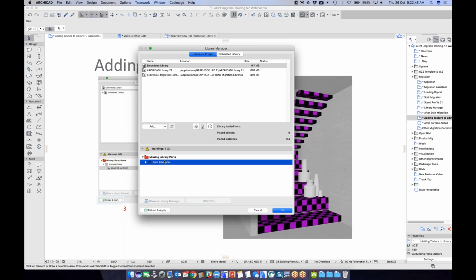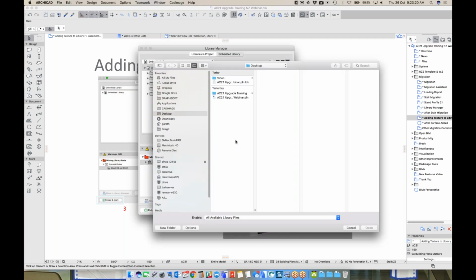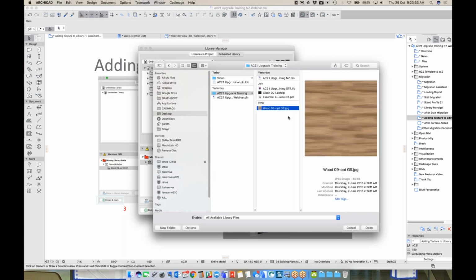Because the surface is a one-off thing, it's only used in this project, we would embed that into our file. So at the top, where it says Libraries and Project and the Embedded Library, select the Embedded Library tab. In here, this is all the objects that have been embedded into the project, along with some surfaces. If we come down to the little chair, there's a little chair with a little up arrow. Here we would click on this button, and this will open up a browser window, so we can go to our file. Should be the ARCHICAD upgrade training,